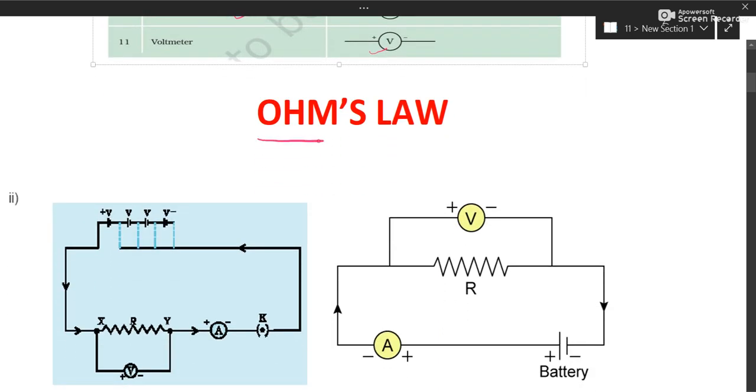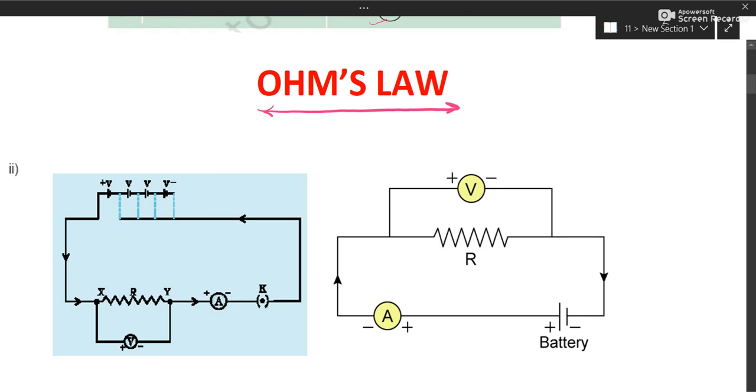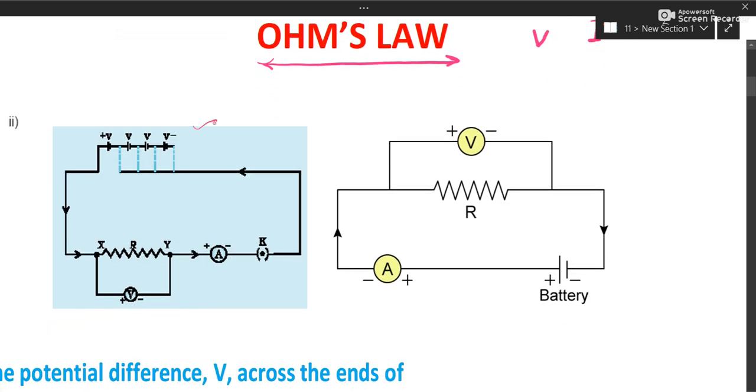Okay, so the main topic today is Ohm's law. What is this law? That how much voltage you will give in a circuit, that much current you will be able to generate. This is the law. So you can see from this diagram, what do we conclude? That if only one cell is there in circuit, so some current will be read by the ammeter. Let that current be 1 ampere.